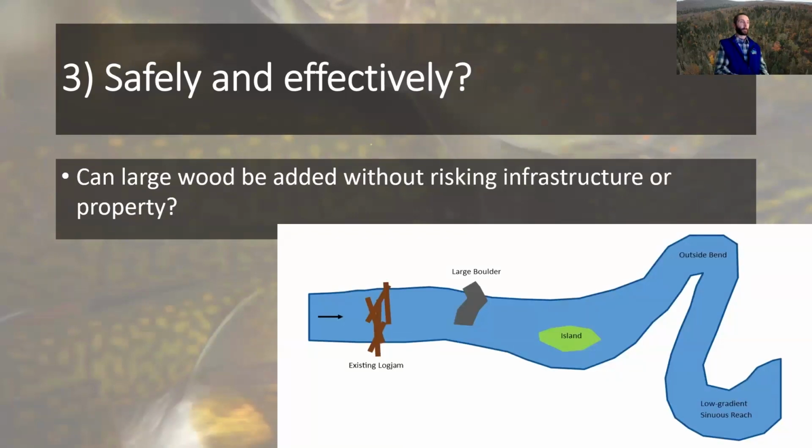And then if the wood does move, where is it going to end up? Again, on small streams, as long as you're at least 500 feet upstream of a culvert or bridge, you're probably going to be fine because the wood is really not likely to move that far. But on bigger streams, you don't want a bridge or culvert or somebody's yard to be the first place that wood ends up if it does move. So you want to know where it's going to go. And in the picture, there are some examples of where you might expect the wood to accumulate.